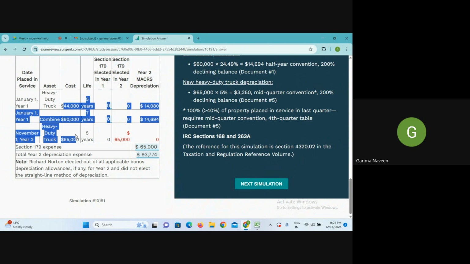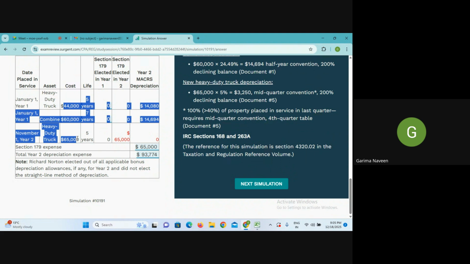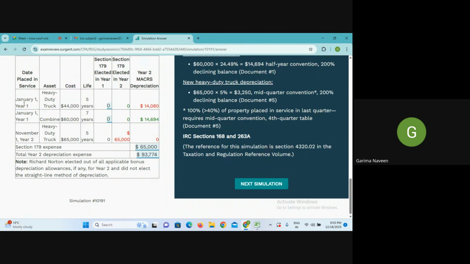कैलकुलेशन बेसिकली इस कॉस्ट के बेसिस पर होगी ना, परसेंटेज, कि जैसे $65,000 का अमाउंट डाला आपने ईयर उसमें लास्ट क्वार्टर में, अगर मान लो ये भी होते ईयर 2 के तो ये भी आप कंसीडर करते, फिर 65 को डिवाइड कर देते इन तीनों के टोटल से और चेक करते क्या ये लास्ट क्वार्टर वाला 40% है या नहीं है। अगर 40 या 40 से ज्यादा है तो आप फिर मिड क्वार्टर यूज करते सभी के लिए। अगर नहीं होता तो फिर तीनों के लिए हाफ ईयर यूज करते।